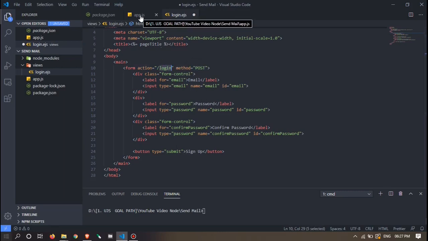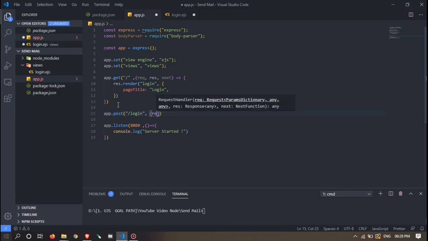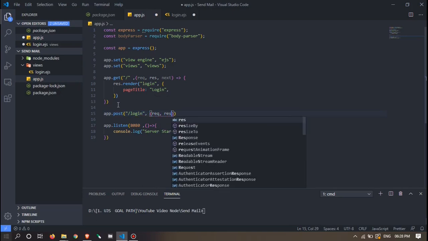So first we have to listen to that login path. Let's do that. app.post, because we use the method post, right? Login, then request, response, our normal function.